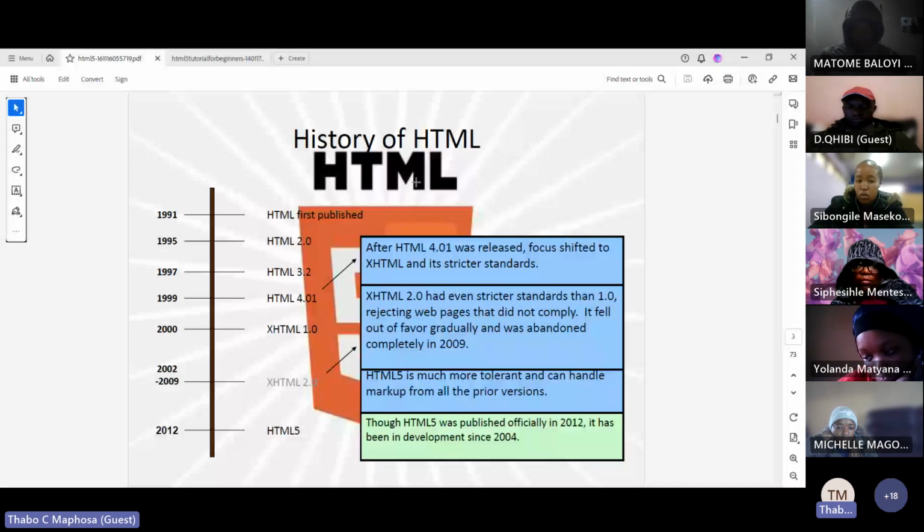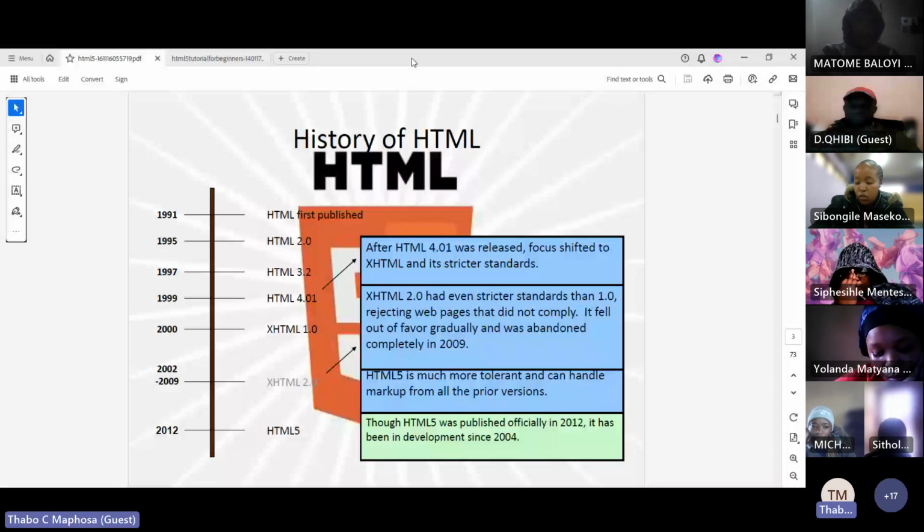For instance, you can add text, pictures, and even videos, but the website is not going to be very interactive. It's going to be a very, very boring website. That is the very first thing we look at.